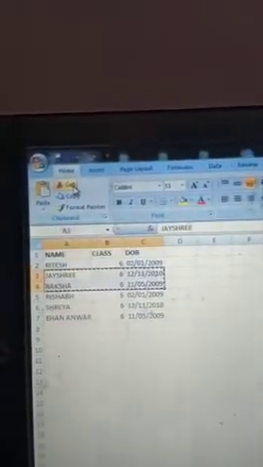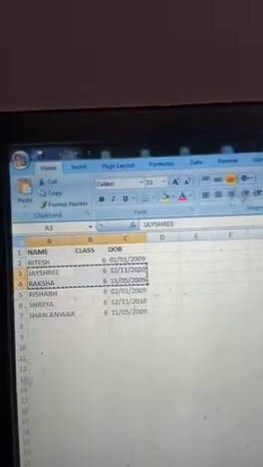If I want to move those two records to any other place, first you select it, then click on the cut option, and then click on the first cell where you want to paste and go to paste, and then easily you can see, look here, that will be pasted. Okay, so this is known as moving data.